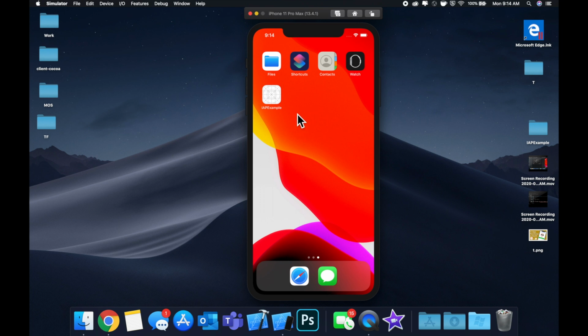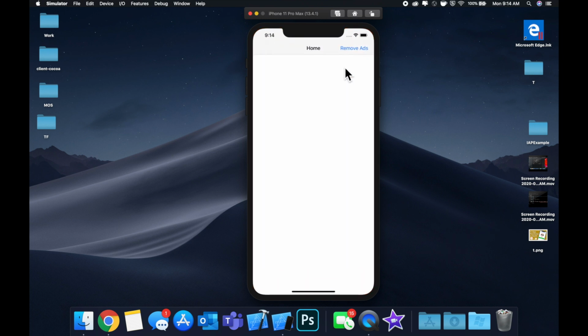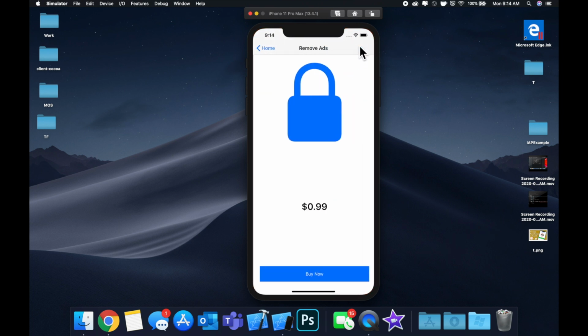In today's video, we're going to be learning how to set up an in-app purchase. So basically what you see here, we have our price, our image, and then we have this buy button. Unfortunately, in-app purchases can't be tested on a simulator, but we're going to go through all the semantics of